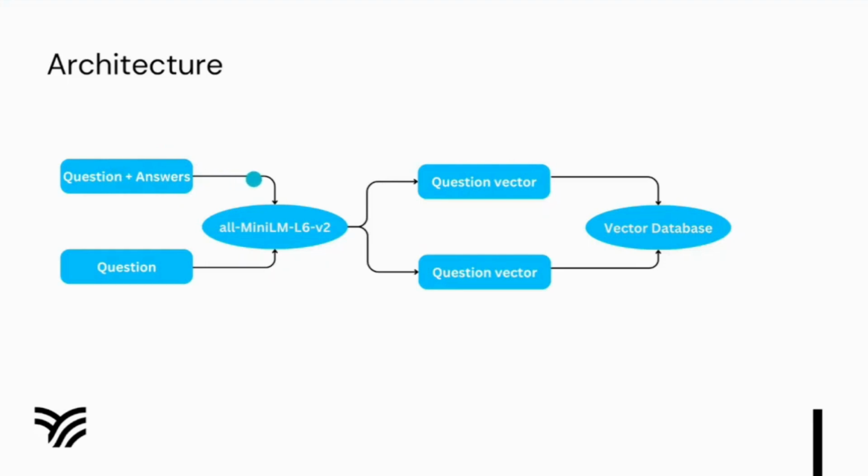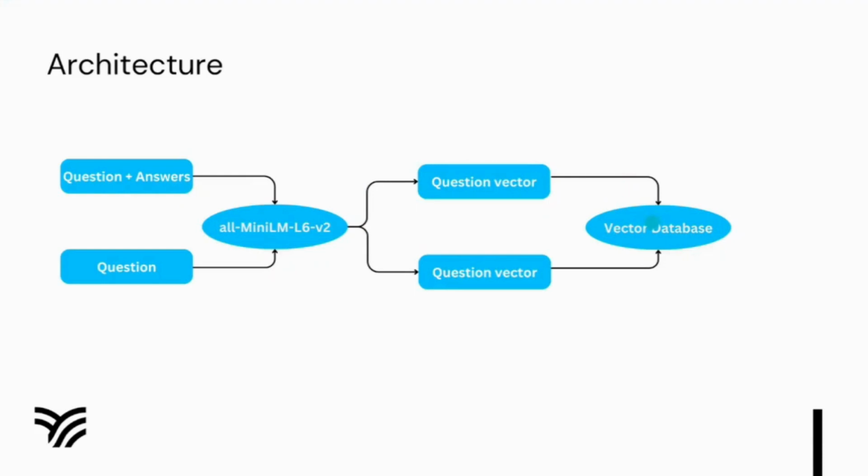That question answer will go to the MiniLM machine learning algorithm, and that algorithm will output the text embeddings, which are also known as vectors, and we will store those question vectors into